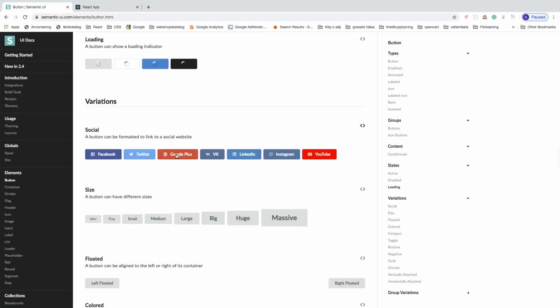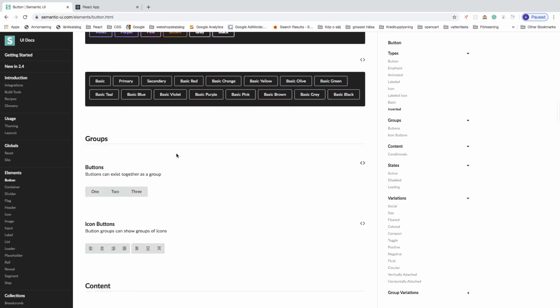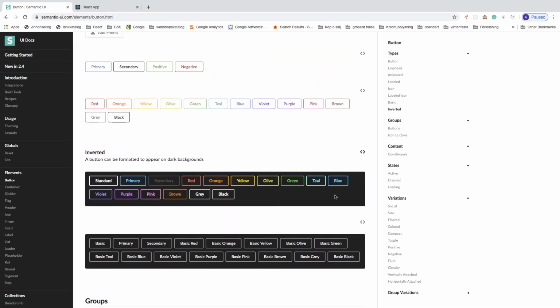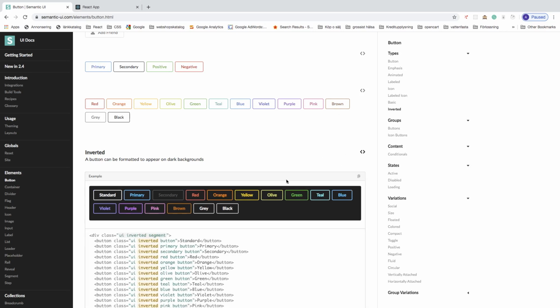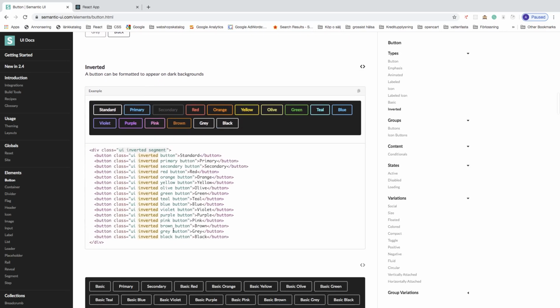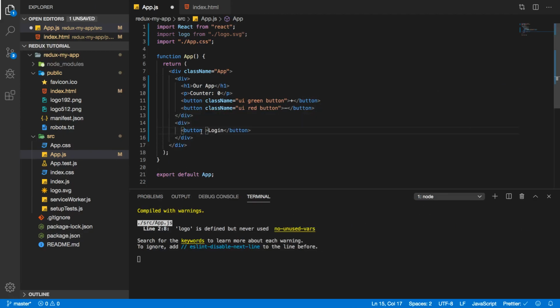Let's go back and just choose a button you want to have. I want to have one of these. So let's say I want to have this one, blue. Click on this one and go and find the blue class. So this one, just copy, go back and do the same thing, paste it inside this button. Change the class to className and hit save, and let's go back,